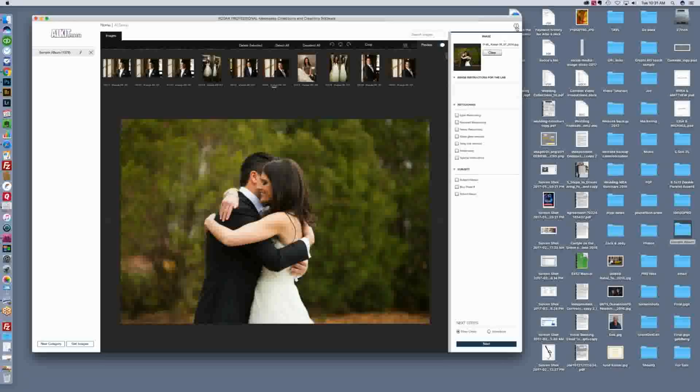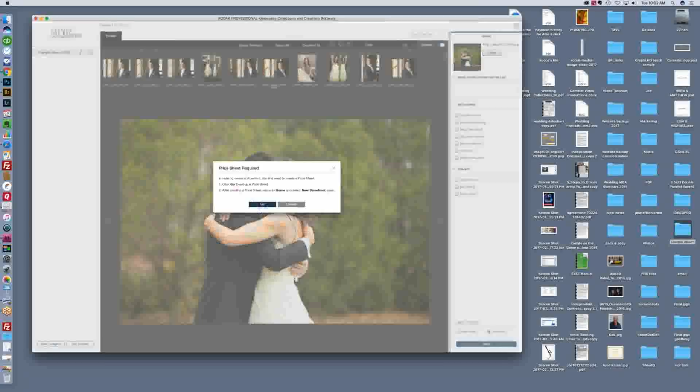Each page, Rocco, I want to point out, has a question mark up in the upper right-hand corner, and that will load the respective help file for this particular screen. We all learn differently. Some of us only learn by doing, some of us learn by doing and reading, so the choice is yours, okay? Right. Okay, so I'm going to go to this storefront workflow because that is the workflow that Album Intelligence